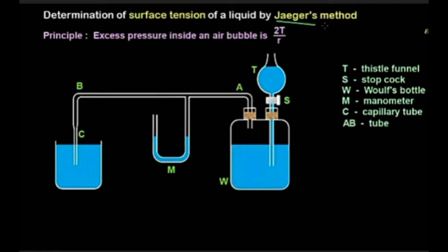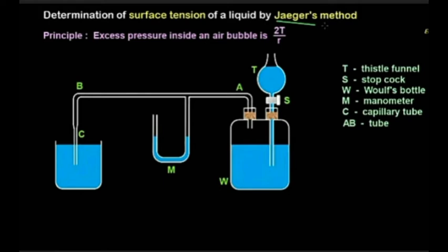The other mouth is fitted with a dropping funnel containing water. A manometer containing low density liquid is joined to the tube ABCD, and the other part CD is drawn into a fine capillary. This end dips 2 to 3 centimeters into the liquid whose surface tension is to be found. The liquid rises into the capillary tube CD due to capillary action. The meniscus is nearly spherical.